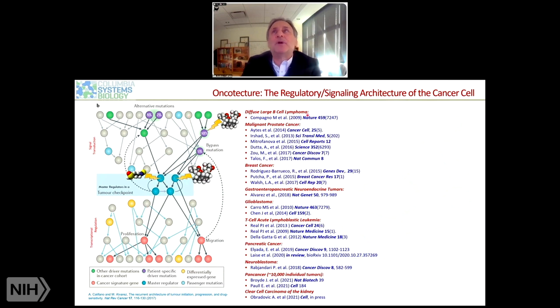So this paradigm, which we call an oncotecture, basically states that what is really recurrent in cancer is not so much the mutations, but rather, and this is not just in cancer but also in common disease, the signaling and transcriptional architecture that is responsible for their integration and their translation into a transcriptional state of the cell. And we've published extensively on these points, and basically used algorithms to make predictions,